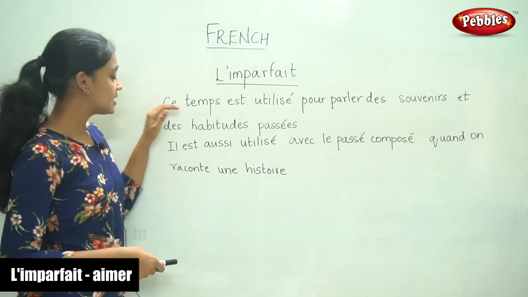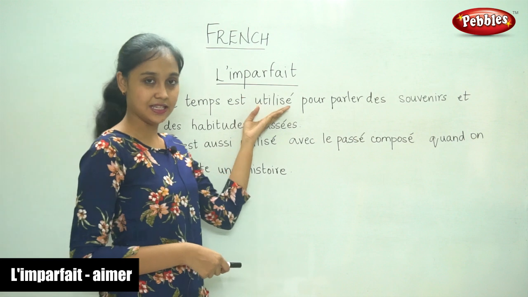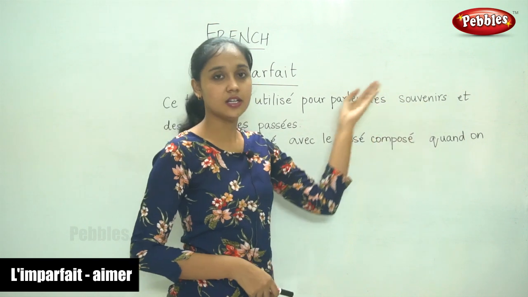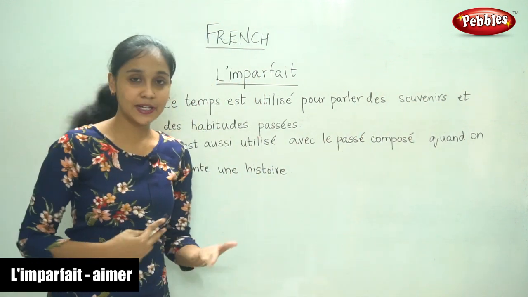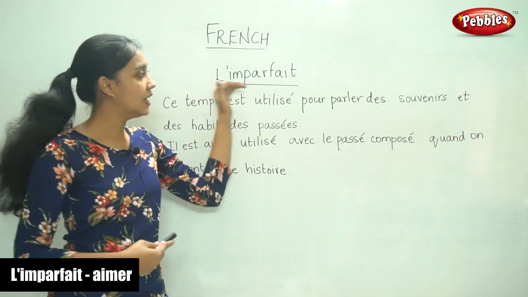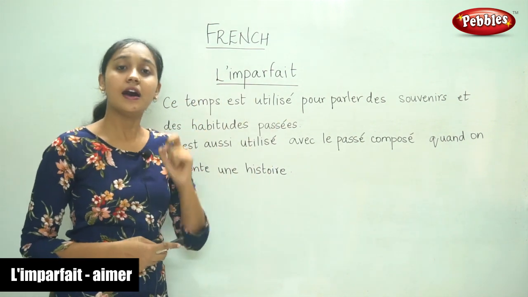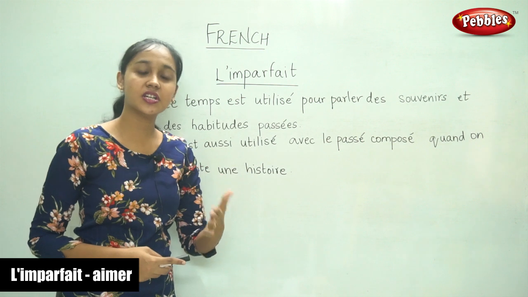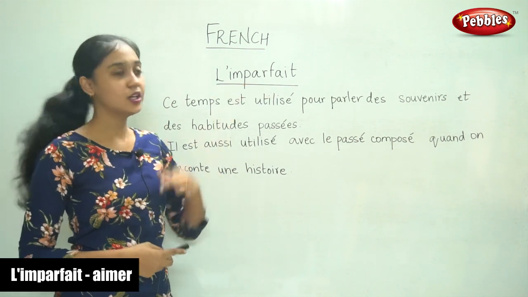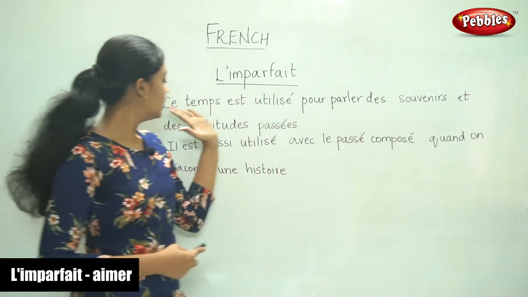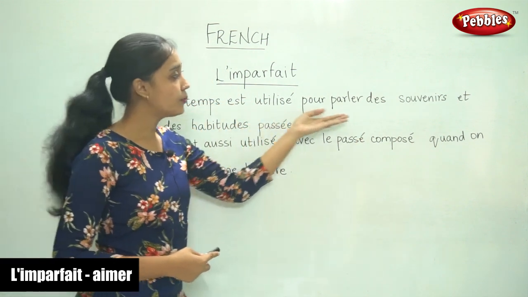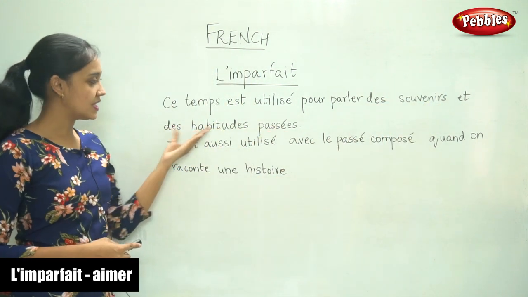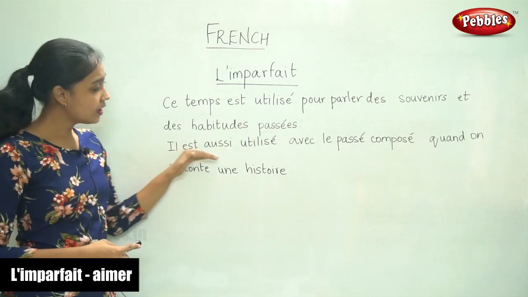So first, ce temps est utilisé pour parler des souvenirs, the memories. So to express your memories, you use imparfait. Remember, imparfait is also past tense, but we have to know in which situation to use passé composé and where to use imparfait. So, ce temps est utilisé pour parler des souvenirs et des habitudes passées. Il est aussi utilisé